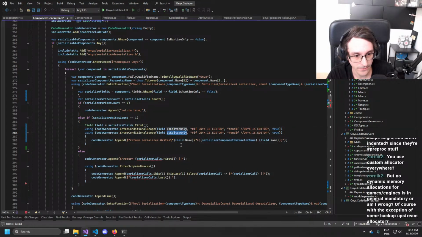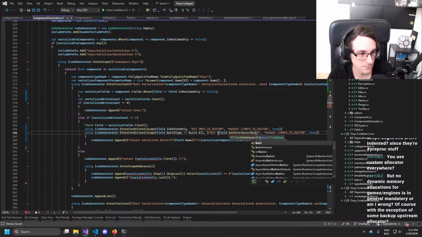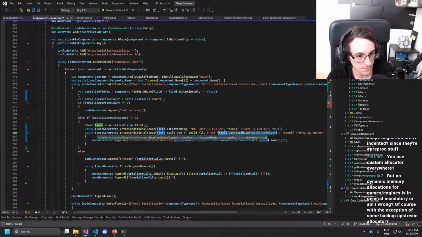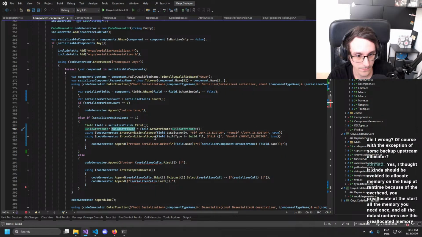And then if build type is not all, if build attribute is not null and build attribute is type is not all.